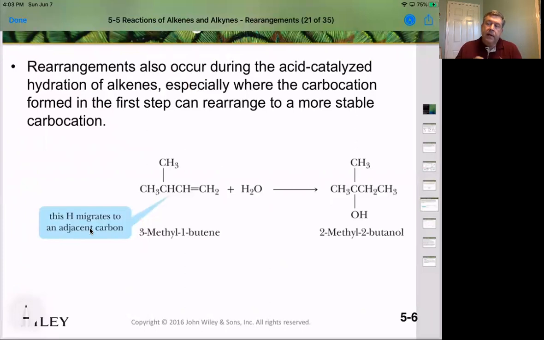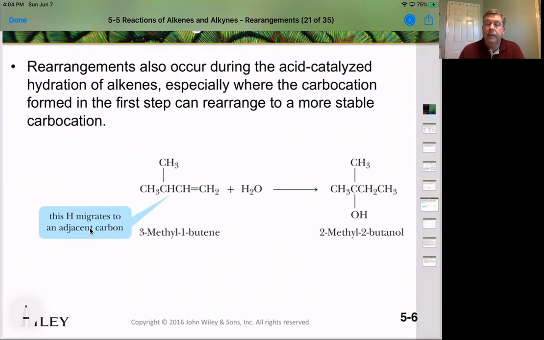When we do this kind of rearrangement, again, we can move either a hydrogen or methyl group, and it can move over one carbon if and only if you're going from a less stable carbocation to a more stable carbocation. Okay. We see those rearrangements also happen in acid-catalyzed hydration of alkenes. So it happens when we